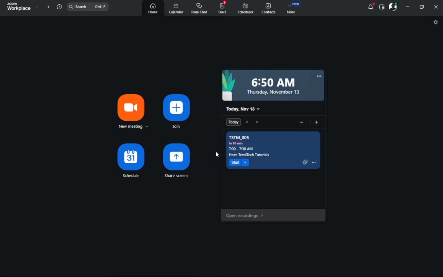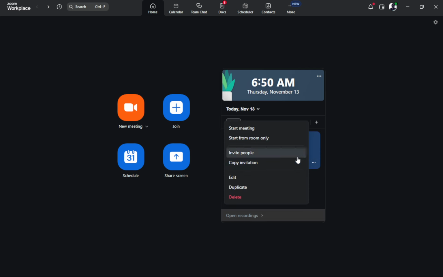By following these straightforward steps, you're well equipped to share your Zoom meeting details with anyone, ensuring that your attendees have everything they need to join your